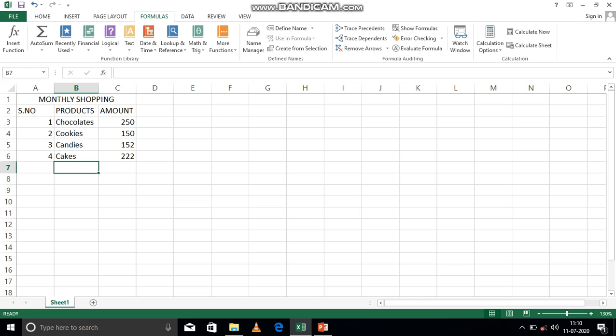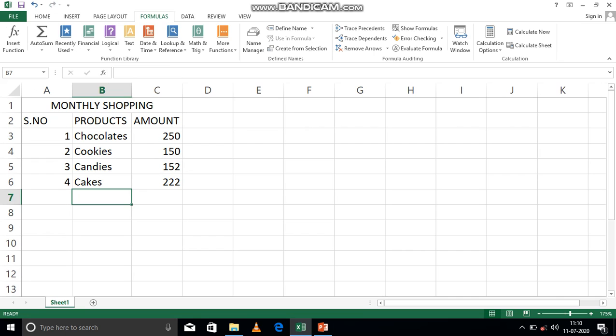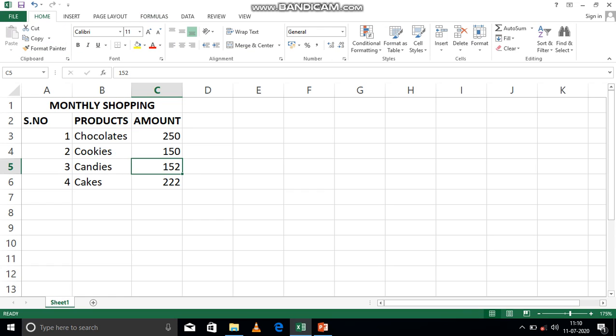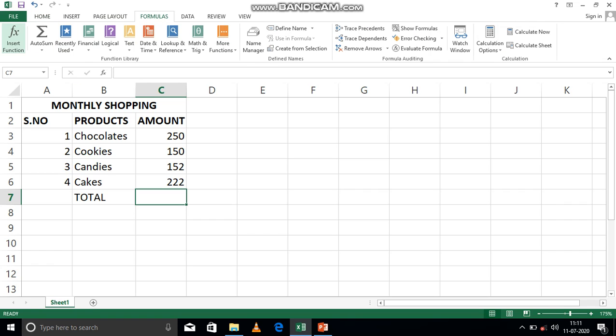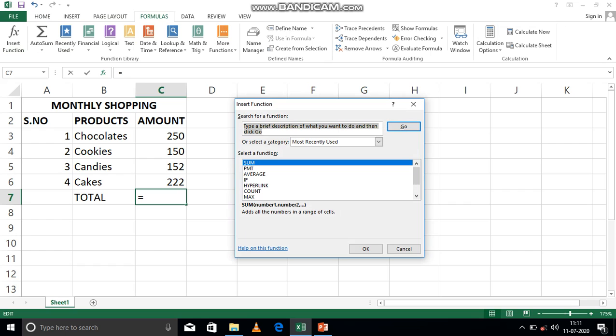Let's open Excel. This is another sheet. I've made another thing. Let's make it bold so that it looks much better. Now I'm going to write Total over here. Sorry, spelling mistake. Total, and now I'm going to write equal to sum, or there is another way, the standard way: go to the formula tab and click on insert function. Here the more commonly used functions will be listed, so you can click on sum.